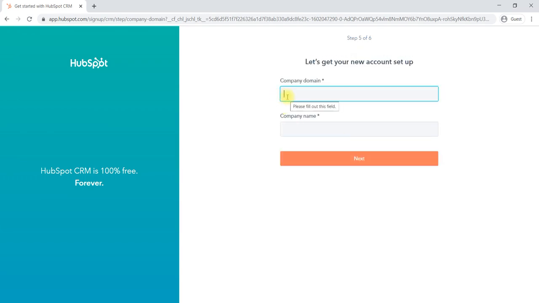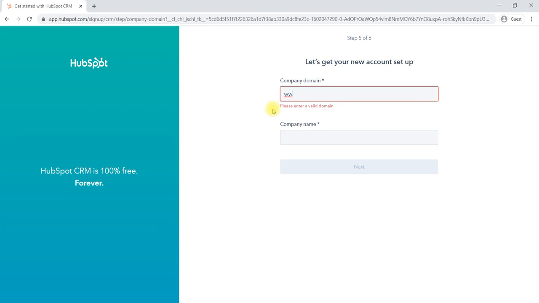Company domain. If you have a company domain, you can give it. When you are using this particular software, we need to give the company domain. You already created a domain, so we'll give that one.